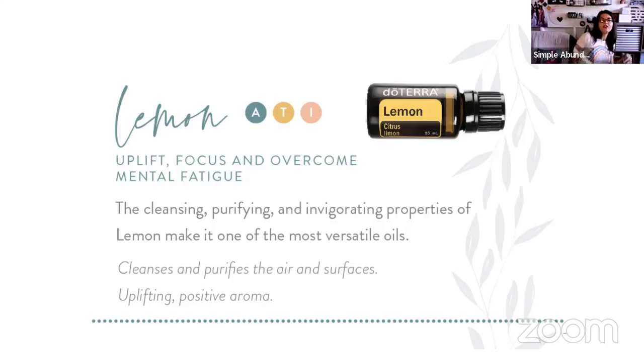Okay, lemon. You can use it all 3 ways: smell, taste, and touch. It's uplifting. It's going to give you more focus, and it's going to help you overcome mental fatigue. It's a natural energy booster. It's also cleansing, purifying and invigorating, which makes it one of the most versatile oils. It's my favorite in the diffuser. If you don't have time to clean your house and you have company coming over, it's my favorite in water,